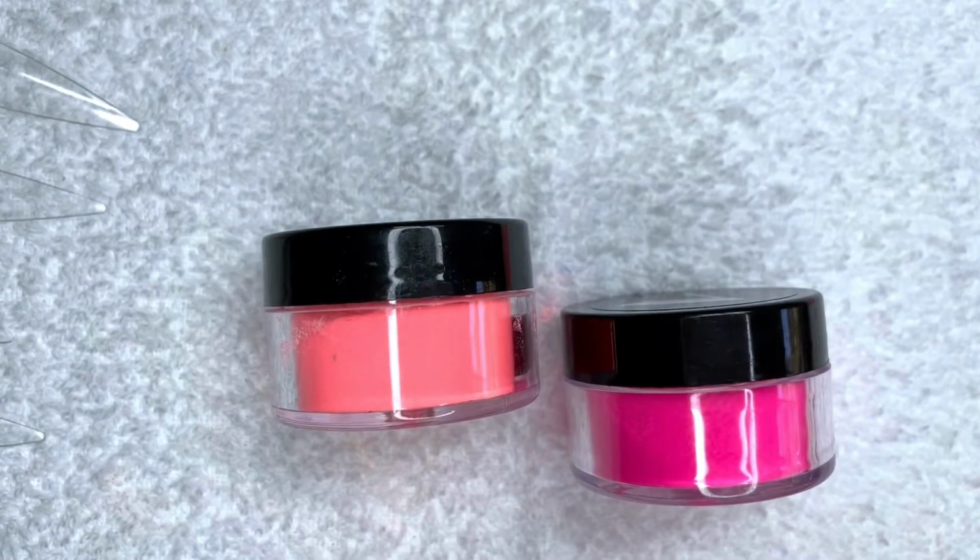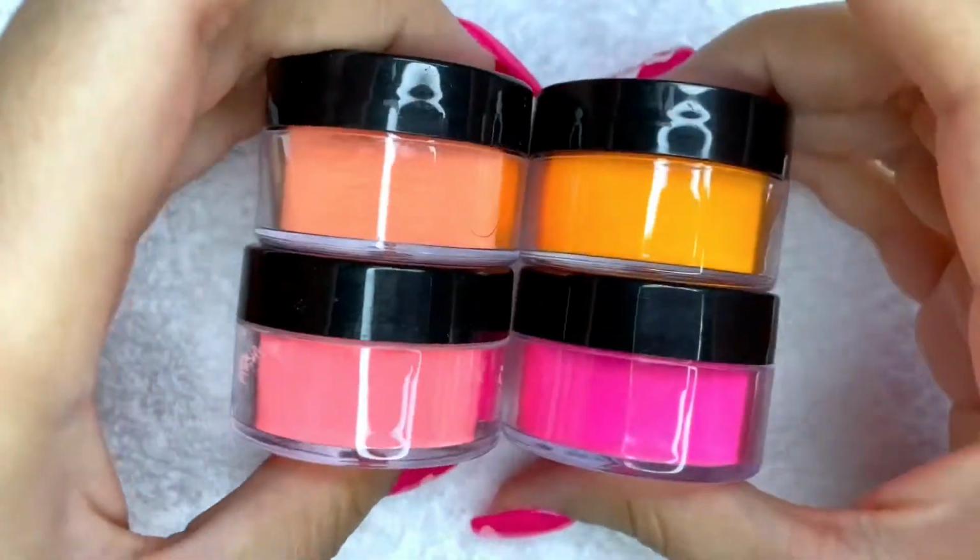That was the Glow collection. I just feel like Valentino is upping their game when it comes to the quality of their powders because,